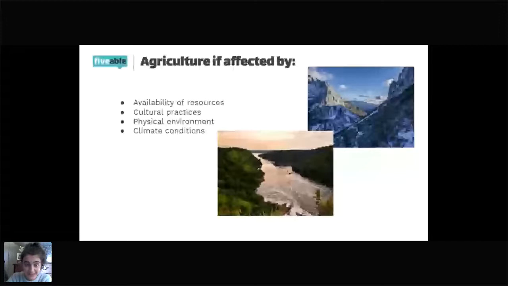Climate conditions: specific plants can only be grown under specific climates, right? For example, the one that always comes to my mind is aloe vera and cactus, right? These two plants are only grown in very desert-like places, very dry and hot places. So you cannot grow anything in any climate. Climate affects the type of